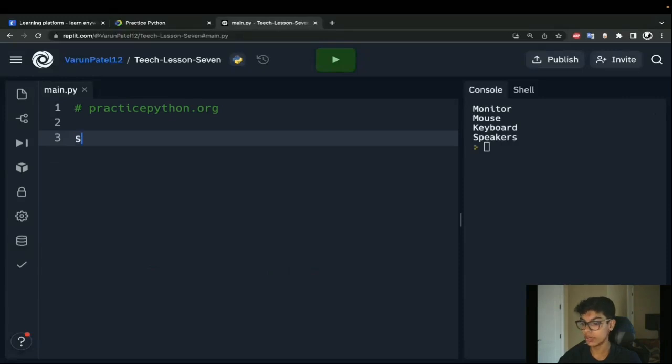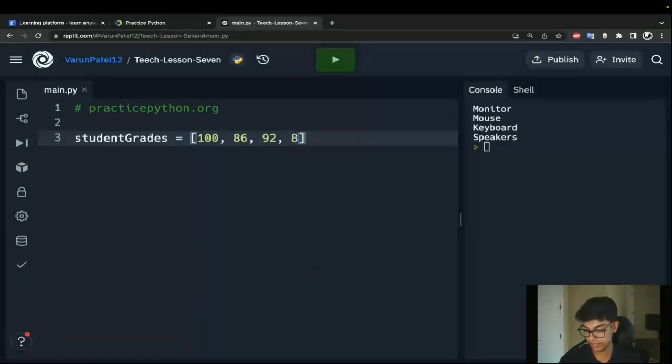We're going to call it student grades, and we'll have a bunch of numbers from 0 to 100. One student got 100, someone got an 86, someone got a 92, someone got an 82, someone got a 70, someone got a 79. These are just sample values, right? Again, this is a data container, and it's containing all these integers.